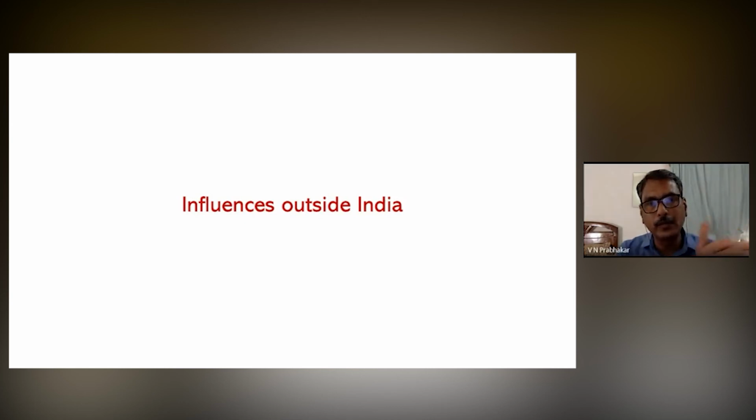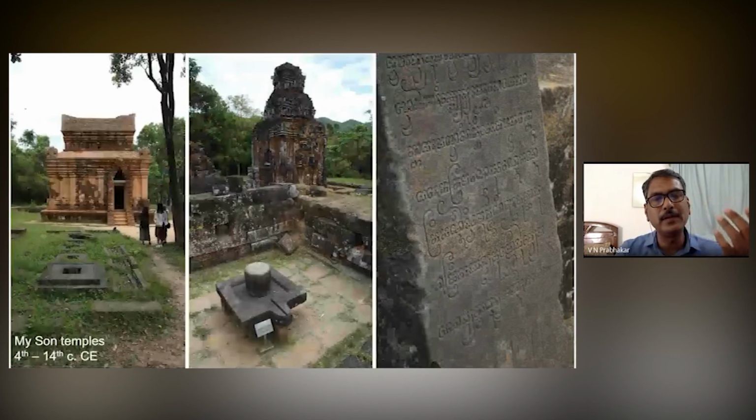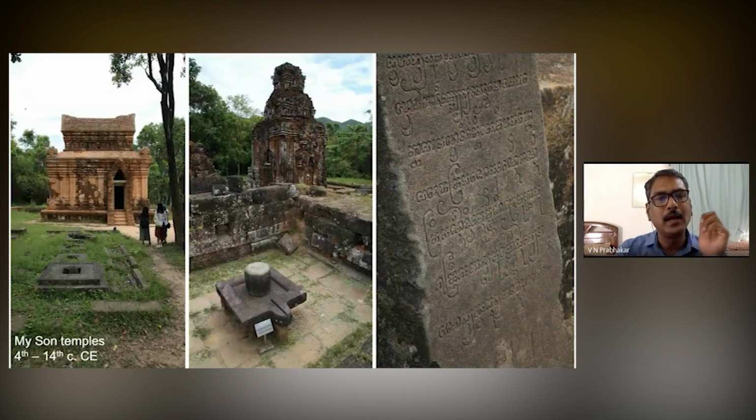So I will quickly run through some of the slides of India's influence outside India, because Indian influence in Southeast Asia reached much earlier. We have evidence of Indian influence starting from the 1st century, 2nd century CE onwards, and particularly the temple group at Mi Son in Vietnam. We have evidence of temple building activities, particularly for the Saivite faith, from the 4th century to 14th